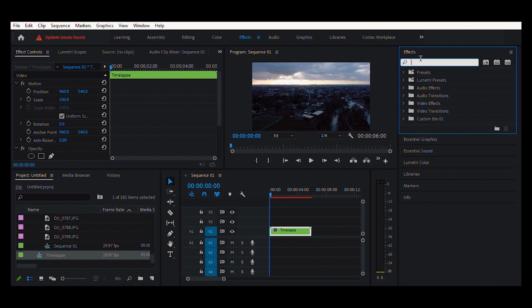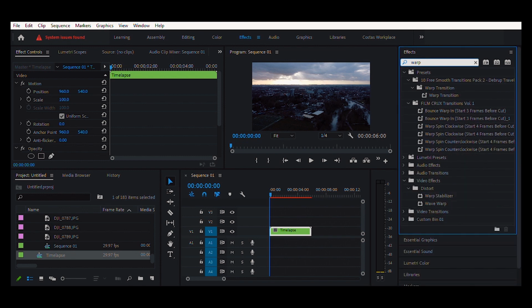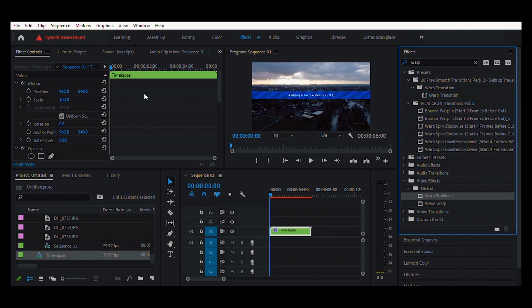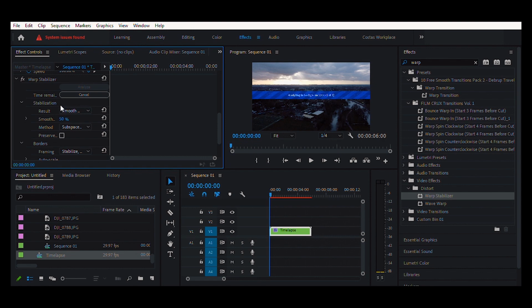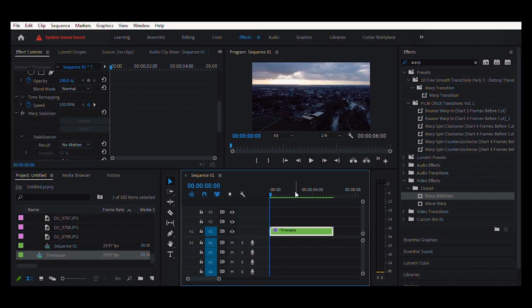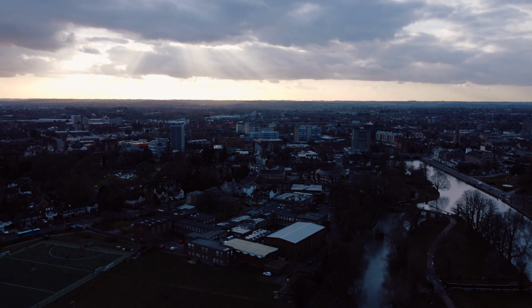So I'm not doing anything on this one. I will be doing later on the motion lapse. I will just find my stabilizer, go to effects, warp, because it was shaky and we want some stable and nice footage. Also because I don't need motion, so I will go to the result and press no motion. So after the stabilizer is done, you can press enter and render it to see what your footage is like, as my computer is really slow to play it back. So that's what I'm doing. This is how it looks.